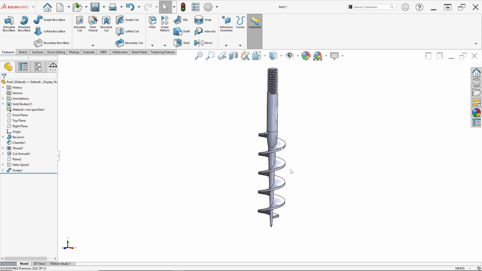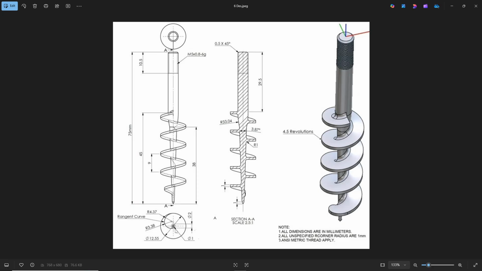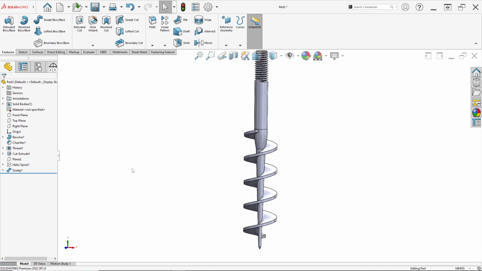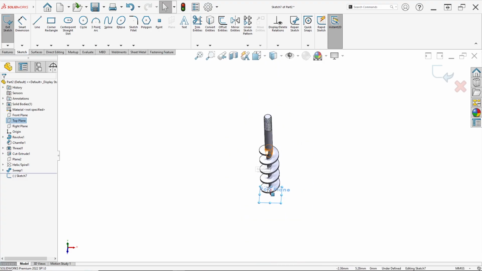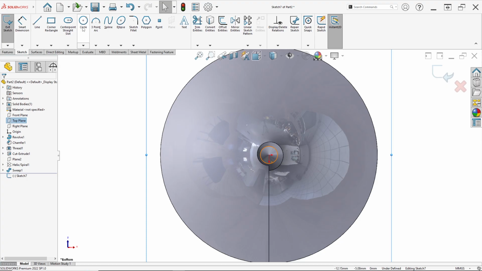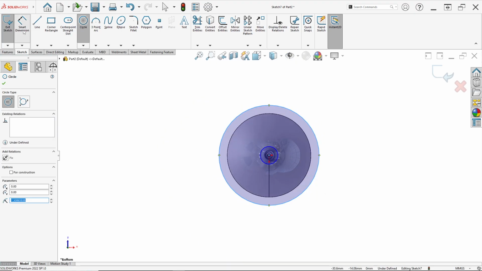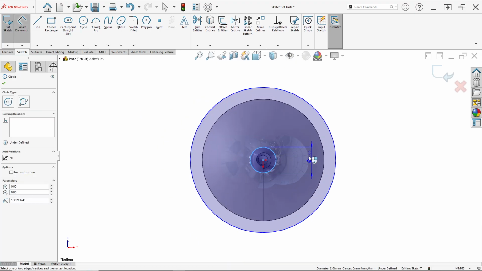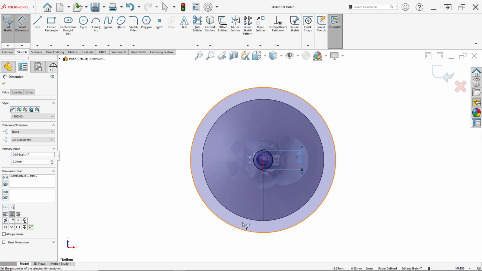Now is the side like this. But in here for the top view like this, have a side like this. So right click on top plane and click sketch. In here like this, we can draw circle. This and this. First circle in here have diameter in 2 millimeter. So I put here 2 millimeter.